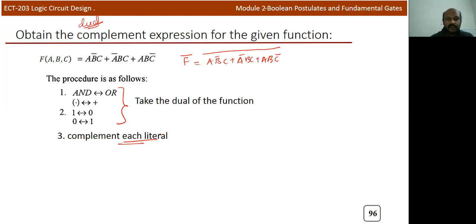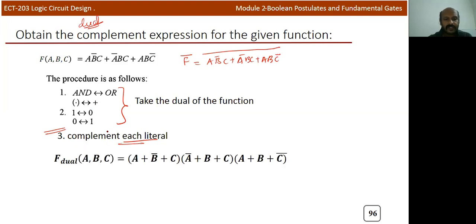So in order to find the dual, we stop up to this; we will not change the variables, but in order to find the complement, we will change each literal. Here you can see that this is the f dual of this particular function, and the AND operation will change to OR.